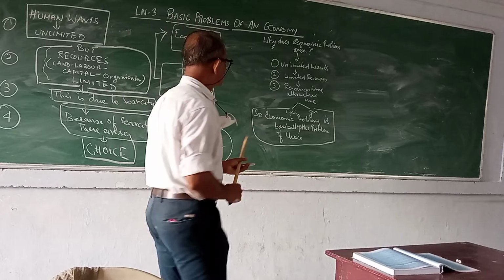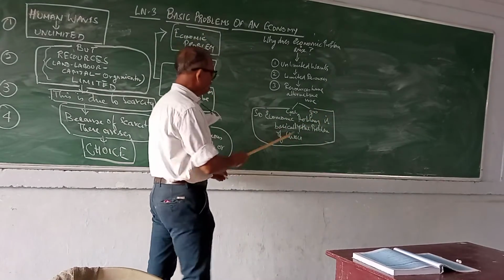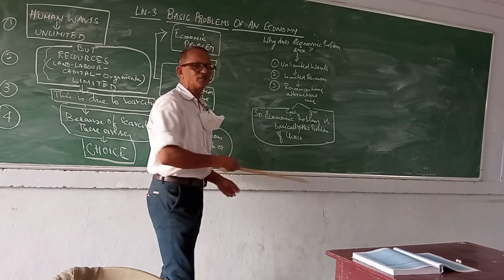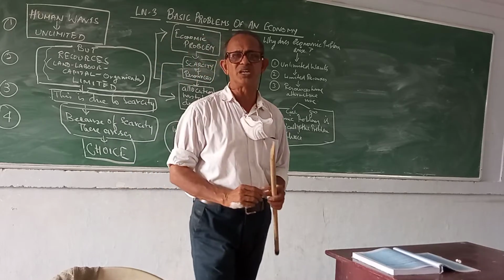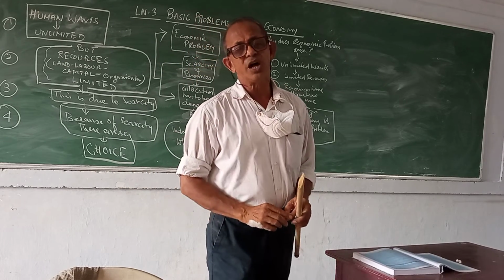So, I am sure children you must have understood up till here. So, economic problem is basically the problem of choice. Economic problem is basically the problem of choice. Now, as a student,